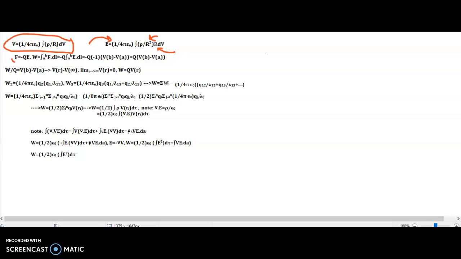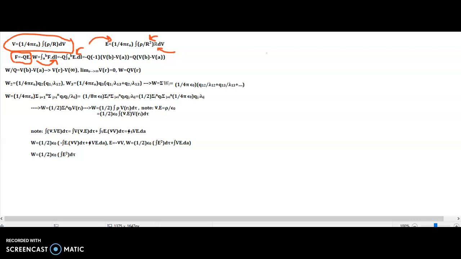I can now consider the force that an observer would exert on some particle q, which will be negative q times the electric field. If I integrate over that, I arrive at this line integral, which will give me the work. I can then substitute negative qE into this expression, replacing F, and evaluate this line integral involving the electric field,